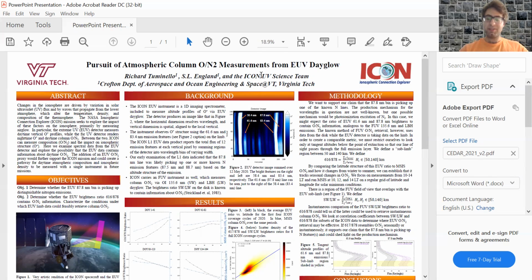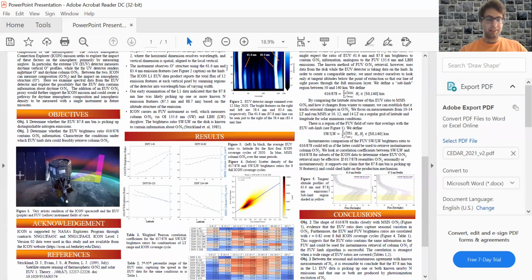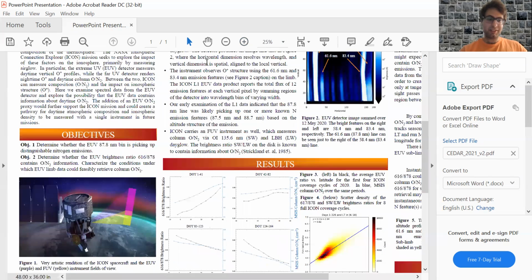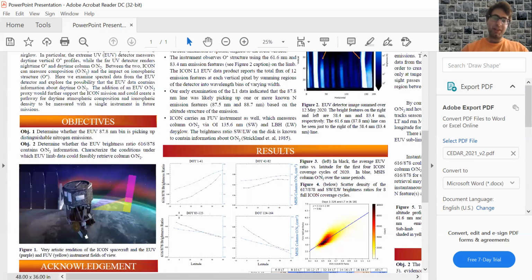So we have the title up here. It's The Pursuit of Atmospheric Column ODA2 Measurements from EUV to airglow, which is a mouthful. So let's just break that down. This is a project affiliated with the NASA ICON spacecraft, and we have ICON sitting down here in this nice artistic rendition. ICON has all of these instruments on it, but we really just want to look at two,